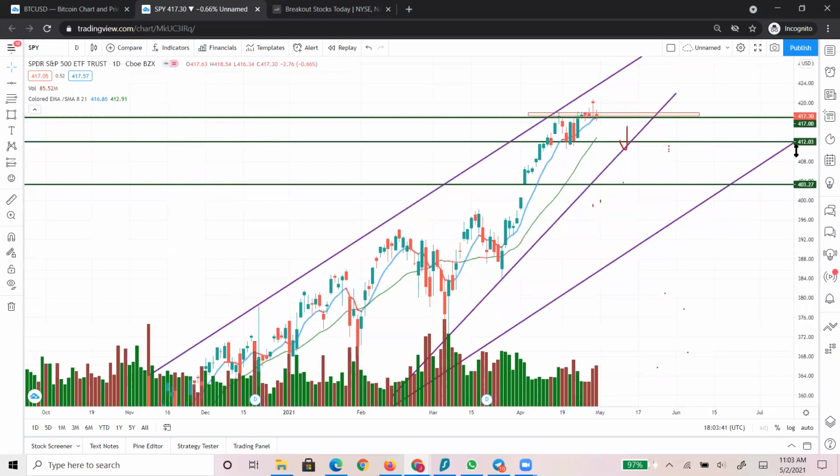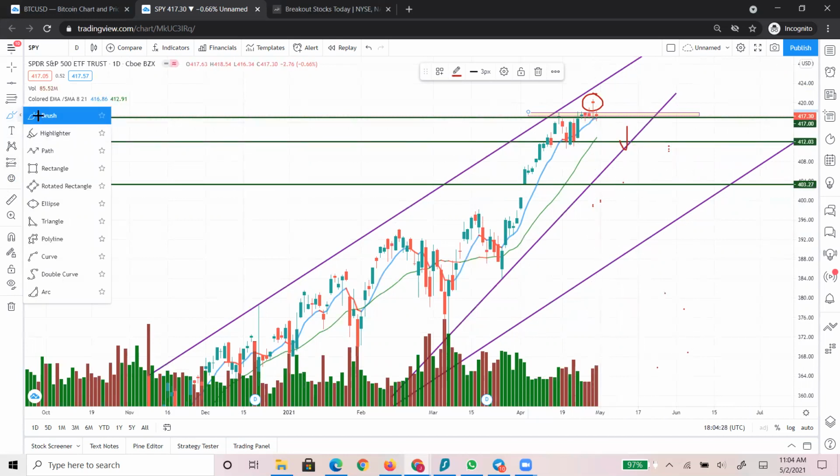If you see the yellow box, this particular candle is called a hangman candle. What does it mean and where does it have significance? The significance of the hangman is at the top of the trend, which tells you we are ready for a pullback. How far are we going to go down when your downside bets are off? If you are over 418.4, which was my previous analysis, forget about expecting a downside move. That means the downside move can only come below